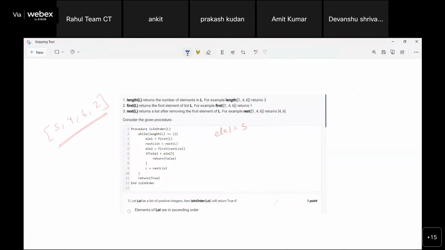Okay, so this is what we are going to do. L is first of L, correct? Is this correct? हाँ सर। This is the first element of L. Okay. यस सर, ओके सर। Then what is being done? Rest list is equal to rest of L. What is the rest list then? रेस्ट लिस्ट 4 6 2। यस सर।